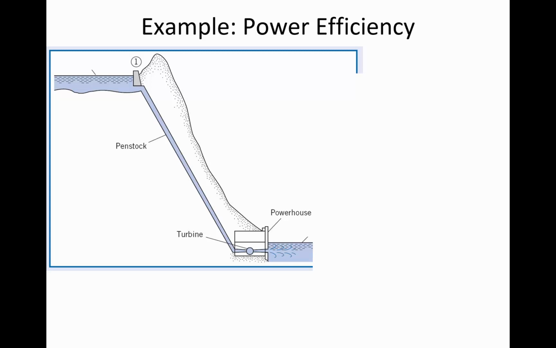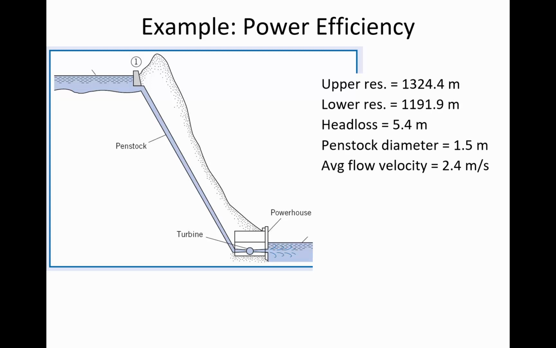Now, on the subject of pumps and turbines, sometimes we need to translate a given head value, which has units of length, into power. And power is going to have units of watts. So the way it fits together is, let's take, for example, the case of a turbine, where we have some elevated reservoir and the water is flowing down through a pipe. In the case of a reservoir, those big pipes that carry water towards the turbine are called penstocks. An elevated reservoir is exchanging potential energy for electrical energy.